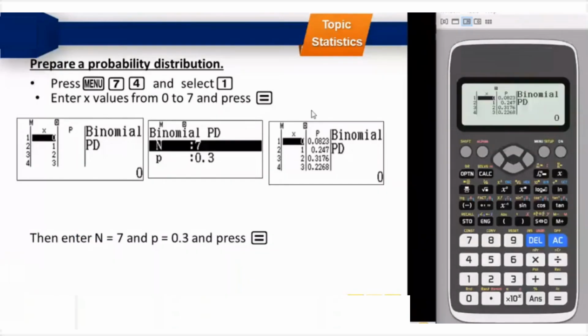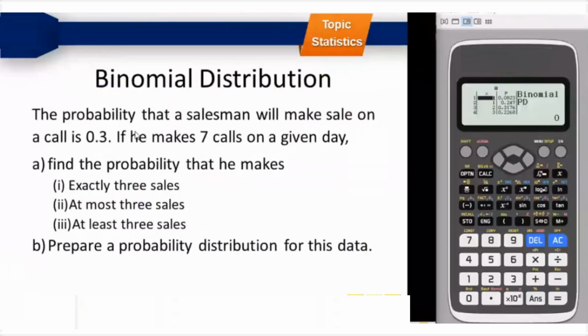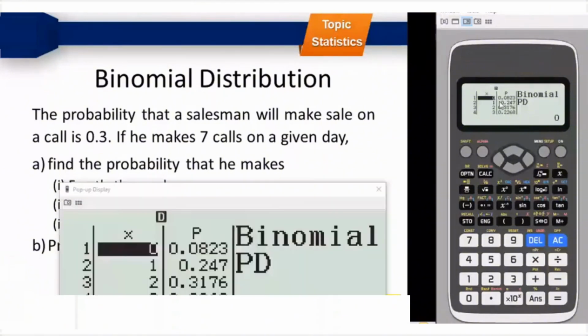The table actually means is when there were 0 sales. Let's go back to the question. The probability that a salesman will make a sale on a call is 0.3. If he makes 7 calls on a day, find the probability that he made 0 sales. If he made 0 sales, the probability of making 0 sales on any day is